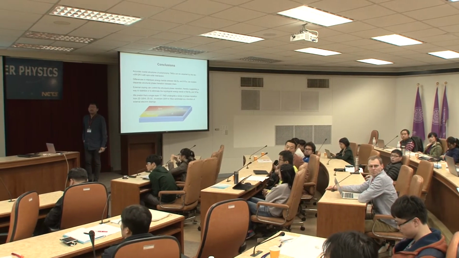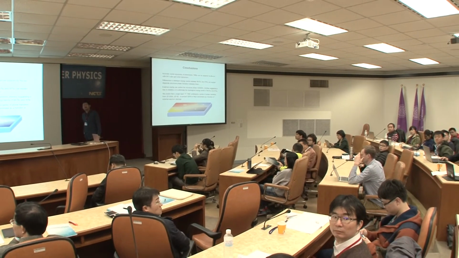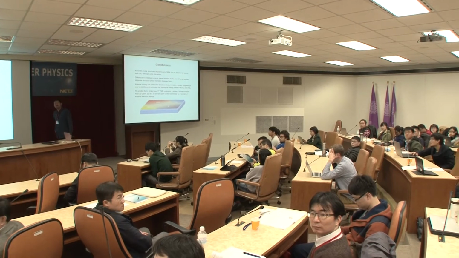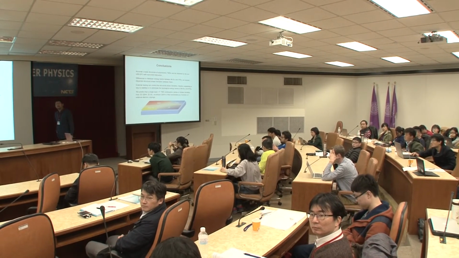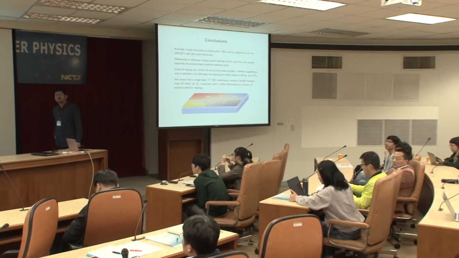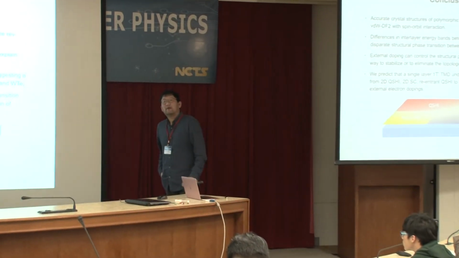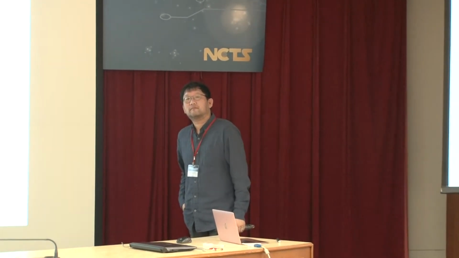Please. So when you talk about doping as a means of facilitating this structural phase transition, do you put the dopants in between the layers of say MoTe2 and WTe2? And if you're doing that, have you considered the intercalation barriers? So, very good questions. Actually, now we have two doping cases in my talk. First in 3 dimensions, and second one is 2 dimensions.